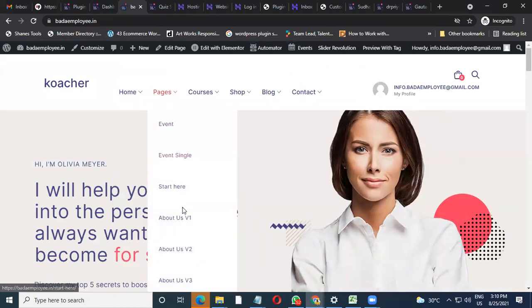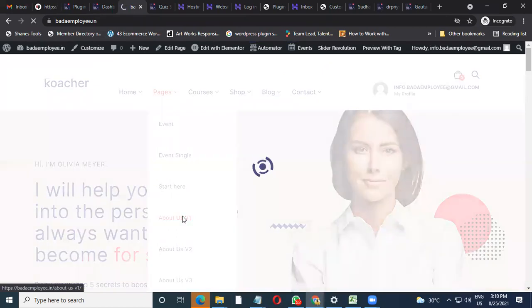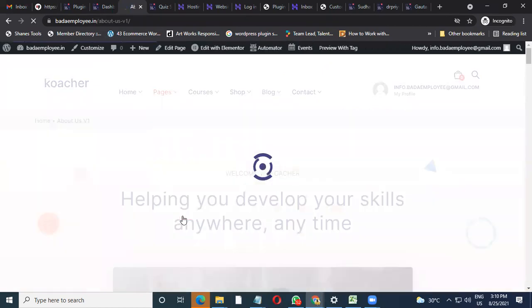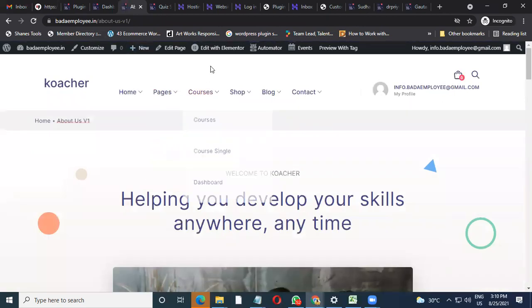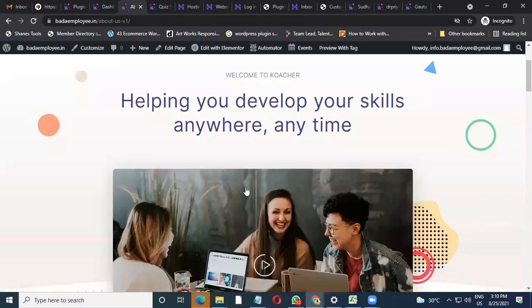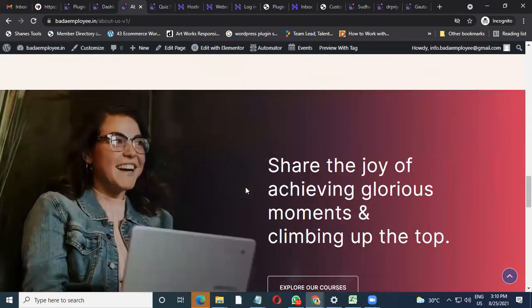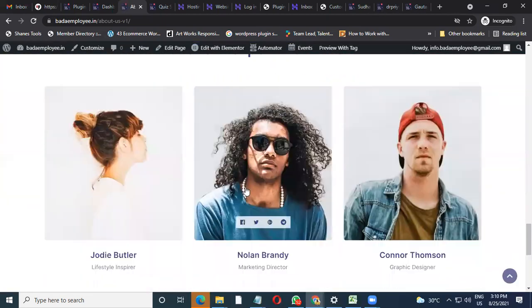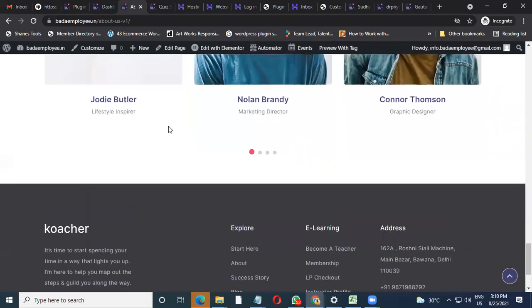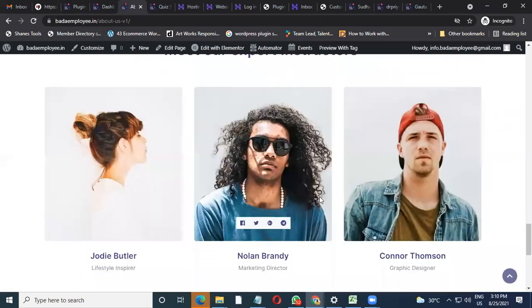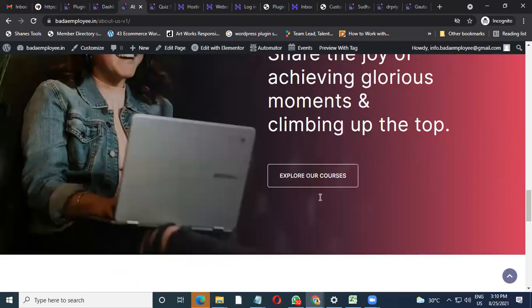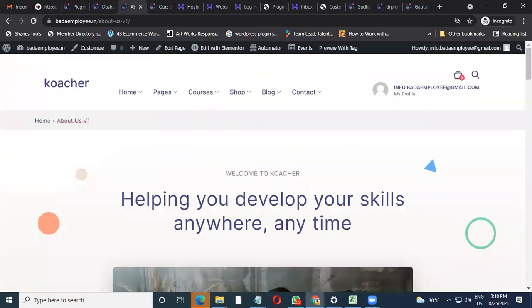Now there are other pages also in it, like your about us pages. You can edit it in a very similar format. As I told you with Elementor, you can edit the whole page and showcase about yourself and your organization in case you want. Put up your team members also and create their profiles in case you want to do that. So such things can be done in the design area.